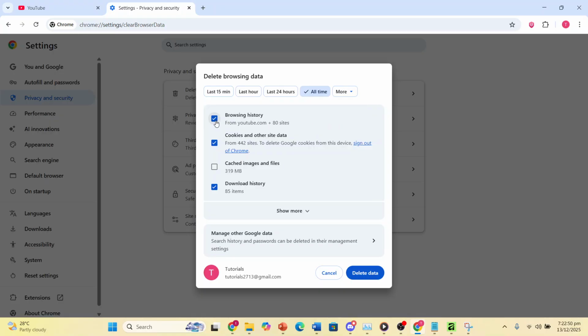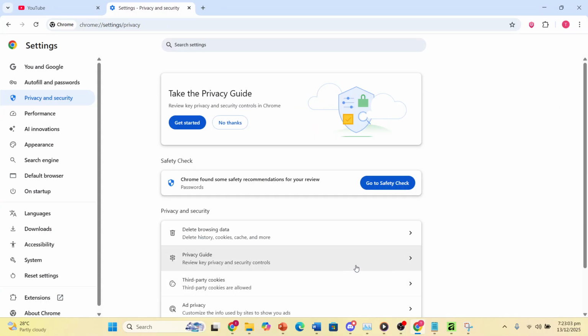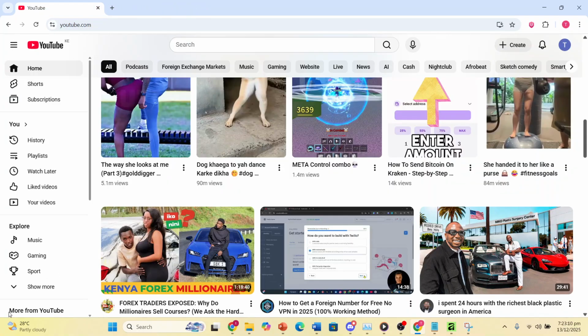You can toggle off browsing history, but make sure cookies and other site data is toggled on, and also cached images and files. You can also just toggle off download history, that's fine, and then delete this data, and then restart your browser. It should work. If it doesn't work, what you need to do in many cases, you just right click on